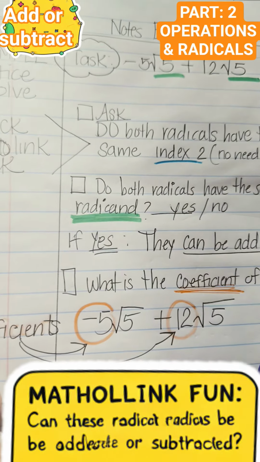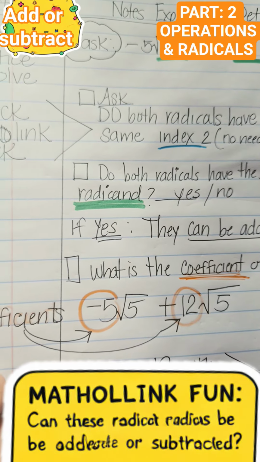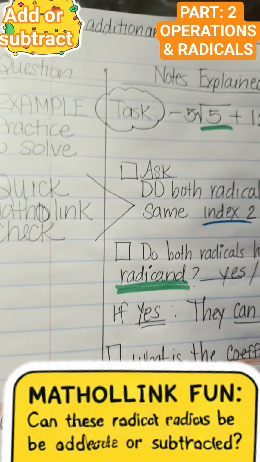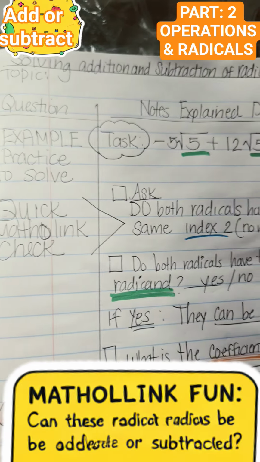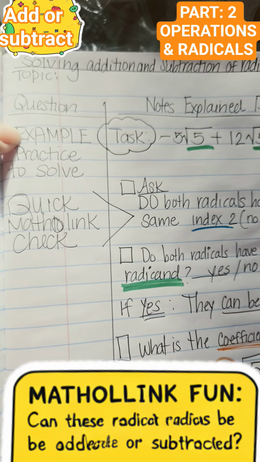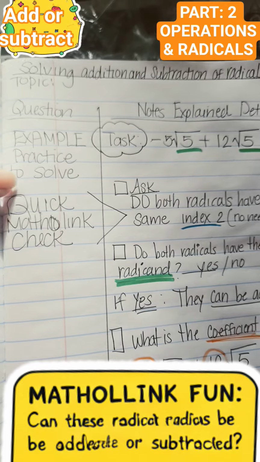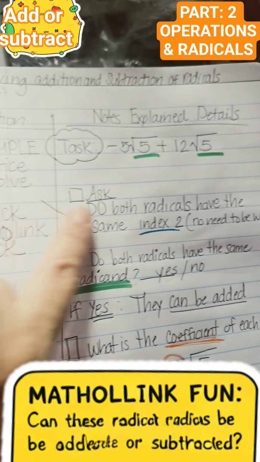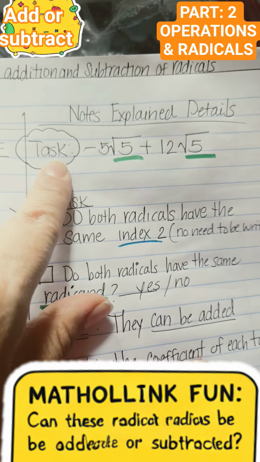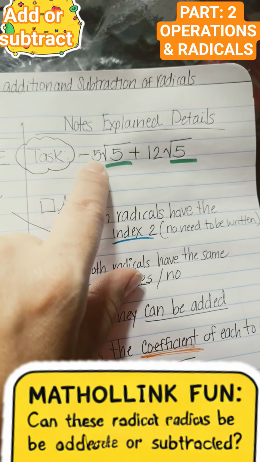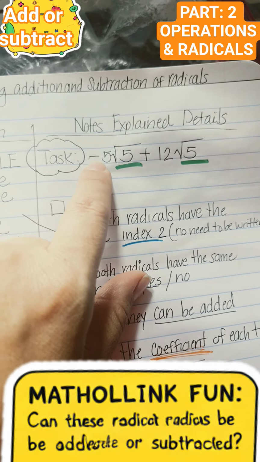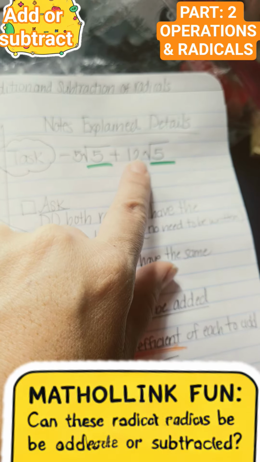We're gonna do another lesson on solving addition and subtraction of radicals. It is organized neatly, where we have the question. Under question, we have example, practice to solve, and the quick math-link check. These are the steps. The task is, if we have a coefficient of -5 and 12, we need to figure